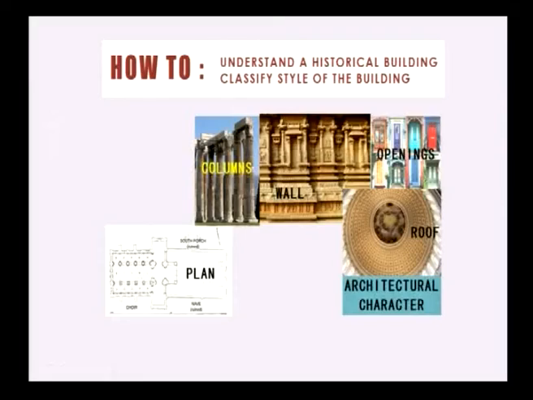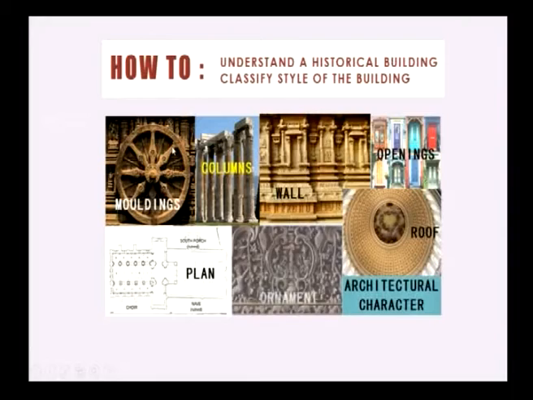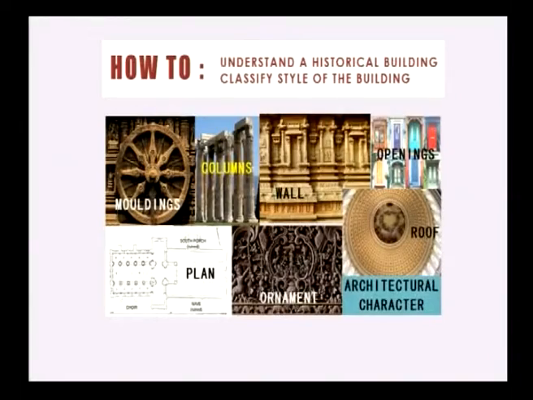We have to particularly look at the capital decoration, the shaft and the base decorations to make out which era or which period this building belongs to. Then we have to look for moldings, the form, the decoration. Lastly, ornamentation as applied in general. What kind of ornamentation, what material they use for the ornamentation, is it stone or is it metal? By understanding these features and looking at these features and learning about them, we can easily identify the style of the building and place it in which period of history it belongs to.